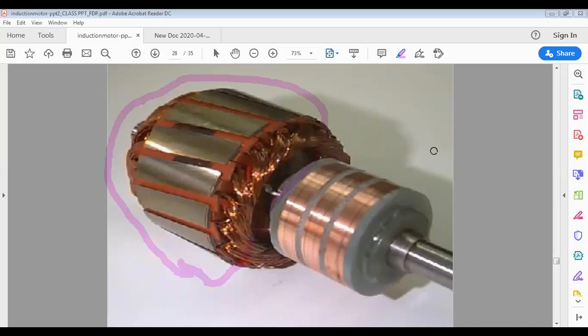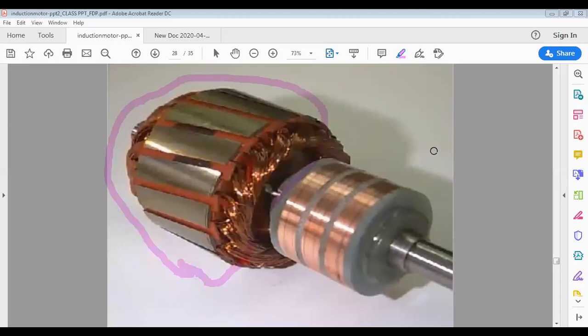Okay, so you will find stator construction is the same. In the slots of the rotor, you will find 3 windings. These 3 windings are always connected in star, and suppose the stator windings are wound for 4 pole, then on the rotor also these star connected windings are wound for 4 pole. Clear to all of you? If the stator windings are wound for 6 pole, then here the windings are wound for 6 pole. Like this is the case.